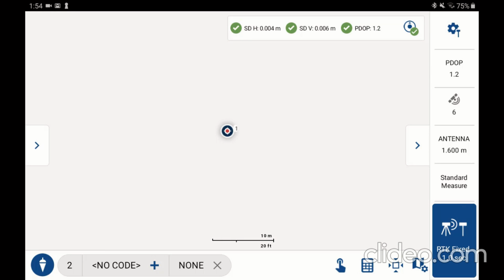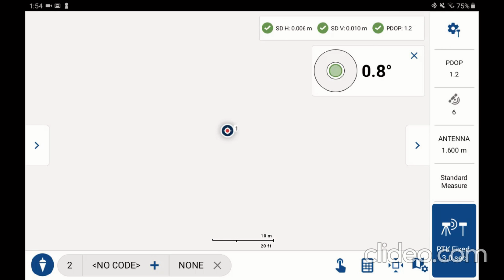In this short movie, we're going to look at using the basic tilt correction mode. What you can see here is I've stored a point 1 in my project before I turned on tilt correction, and you can see from the icon in the top right corner that tilt correction is now enabled. And if I pick on that icon, then we can see a live feedback of what the tilt of the instrument is. So I have placed my rod at the same location as point number 1, except now I'm going to tilt it noticeably,